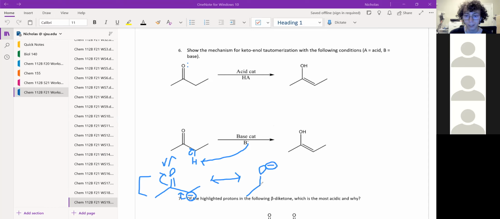And then we form an alkoxide. We have a negative charge. You never want to end with a negative charge, and we want an alcohol at the end. So